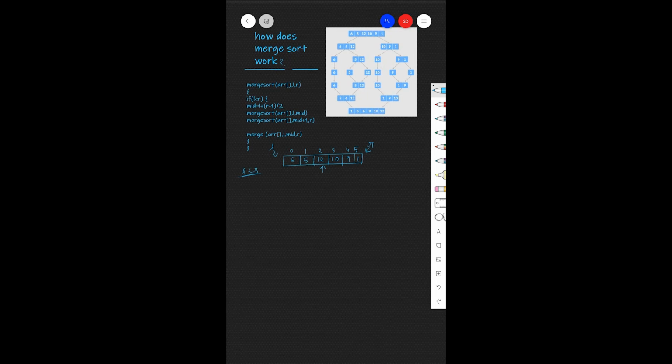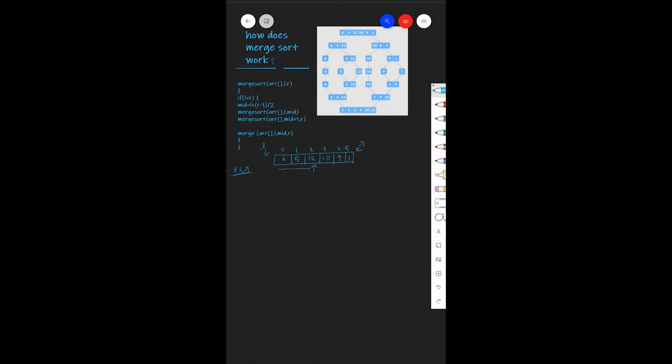So we can say that all the elements up to this position belong to the first half of this array and all the elements after this mid position belong to the other half of this array. So we'll split this array into two equal halves. Each half will be of size 3. Now split this array. The first half will be 6, 5 and 12. Now we have an array of size 3.